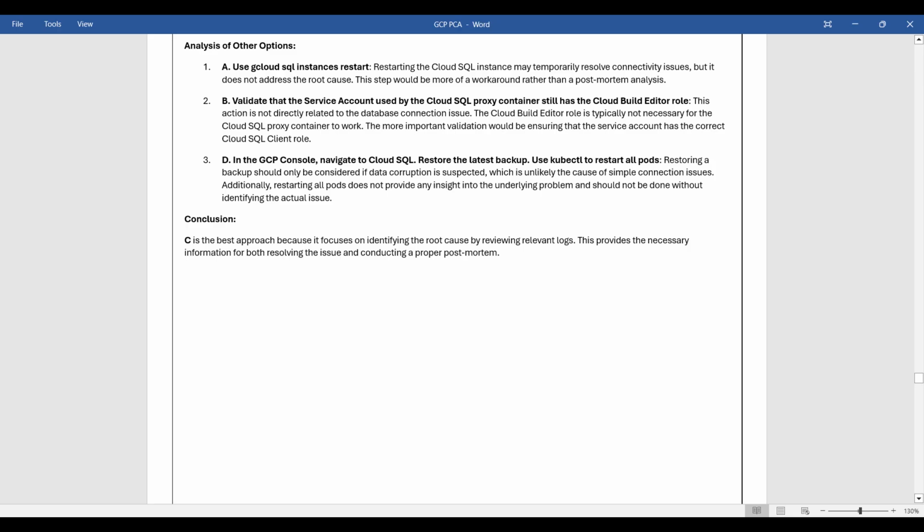3D. In the GCP console, navigate to Cloud SQL. Restore the latest backup. Use kubectl to restart all pods. Restoring a backup should only be considered if data corruption is suspected, which is unlikely the cause of simple connection issues. Additionally, restarting all pods does not provide any insight into the underlying problem and should not be done without